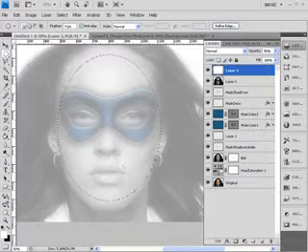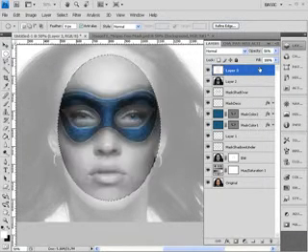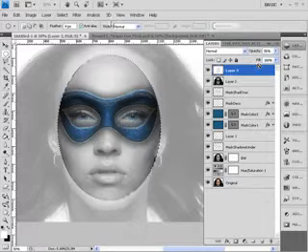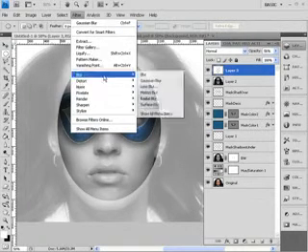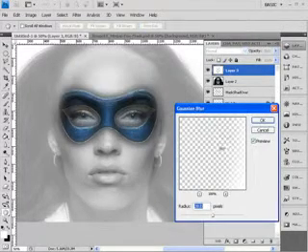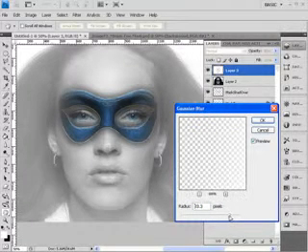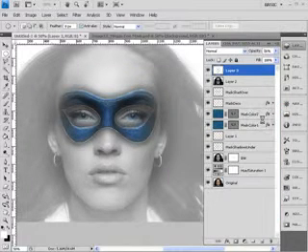and we're just going to cut that out and get rid of the selection, go up to filter, blur, Gaussian blur, and really crank that probably about 75, and we're just going to reduce